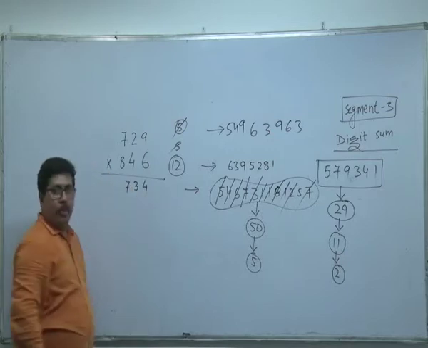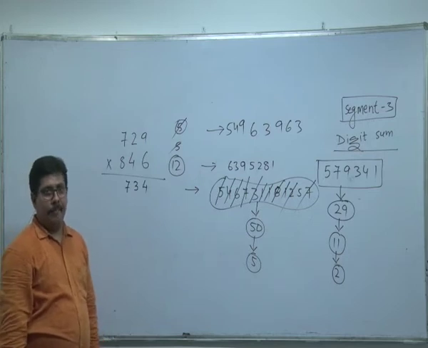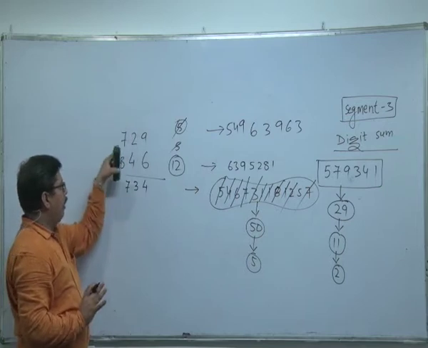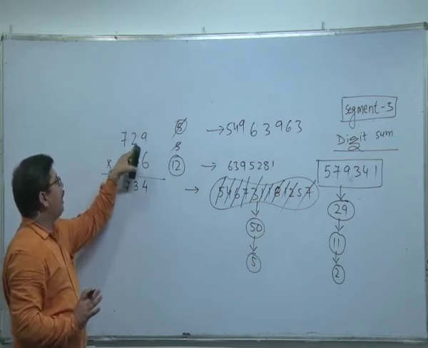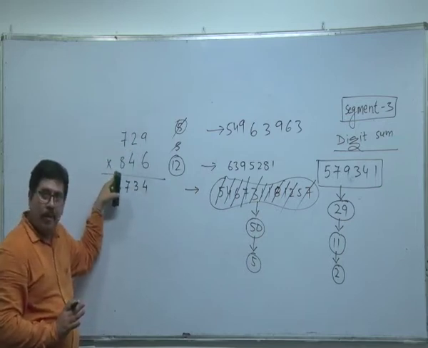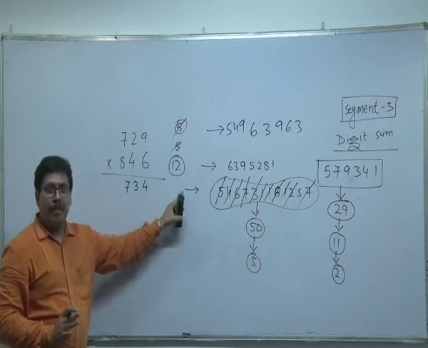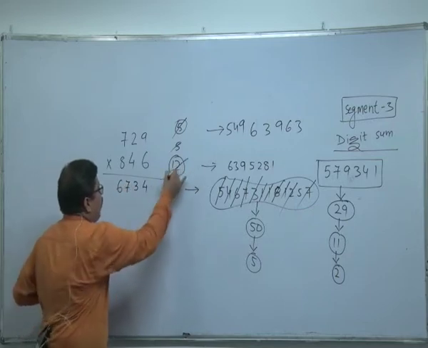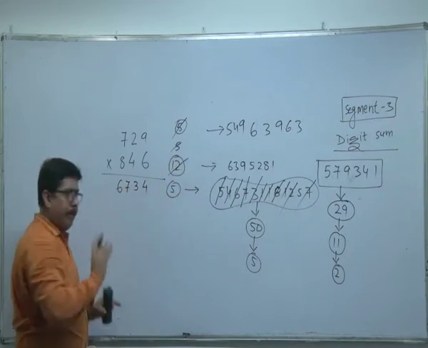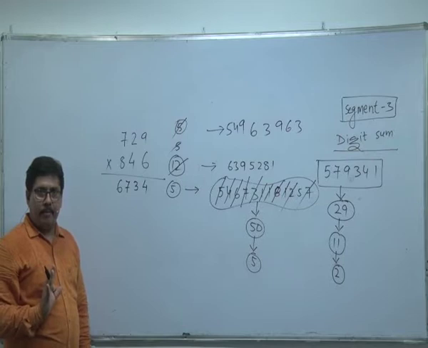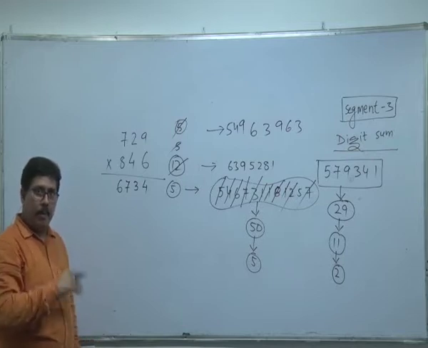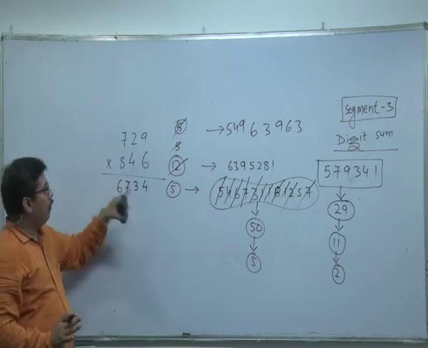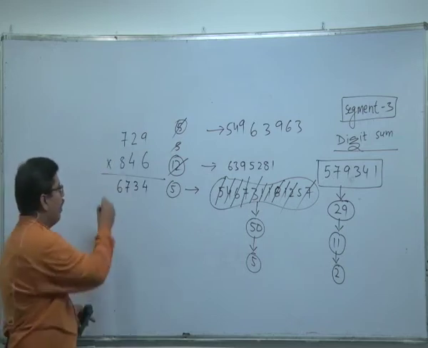What is my next carryover? 12. Then ignore 9 and 6. 2 digits at a time. 7 times 4 is 28. 28 and 16 is 44. And your carryover is 12. 44 and 12 is 56. Now, what is your next carryover? 5. Can I say 5 is the final carryover? We are at the last step. We are through all the steps. 7 times 8 is 56. 56 and 5 is 61.